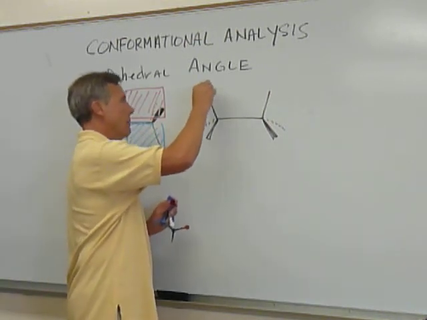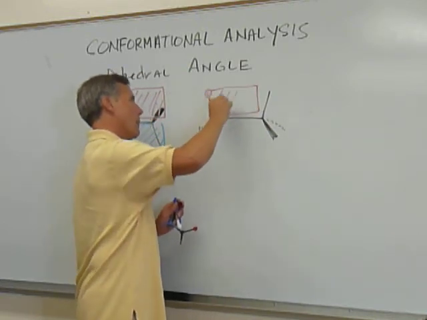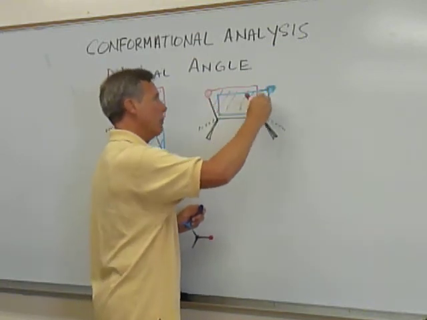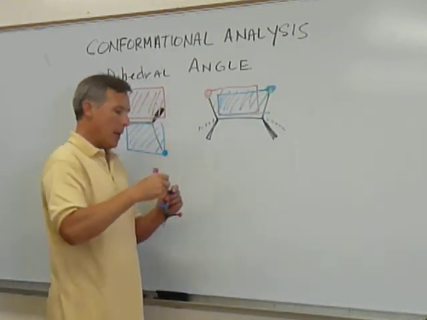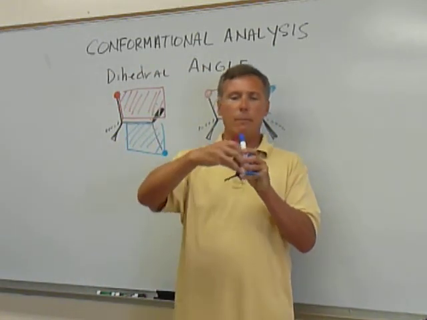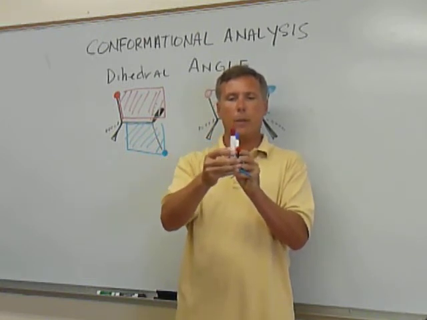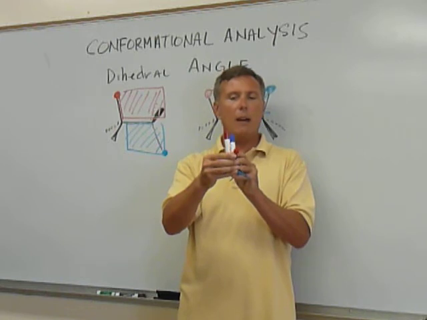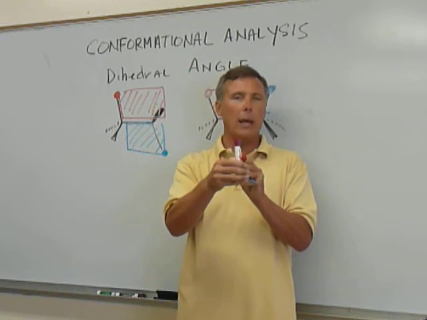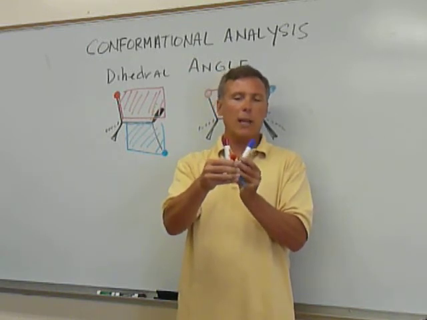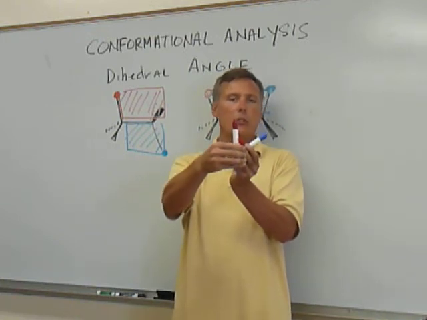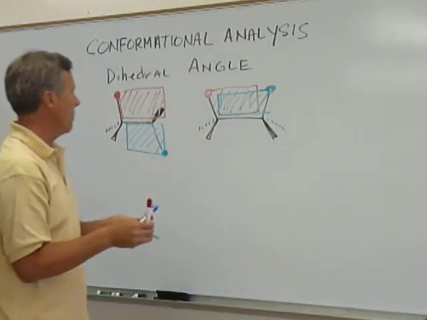Thus we have a red plane going this way, and directly lying flat on that is the blue plane, and the angle between the blue plane and the red plane is 0 degrees. So we have the notion and definition of our dihedral angle. We have two planes that are established, and we can rotate the plane. If I rotate the plane 60 degrees, the two dihedral planes are at 60 degrees. And we can map this out.